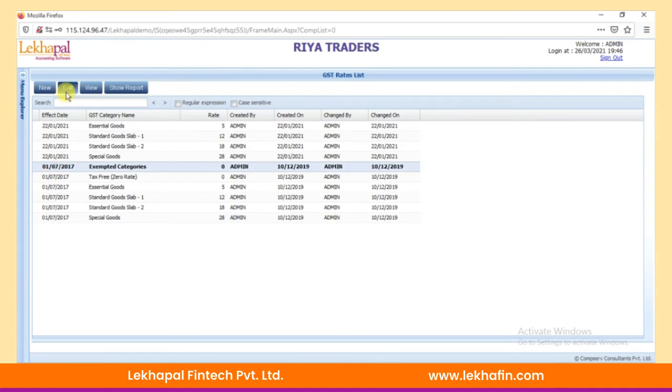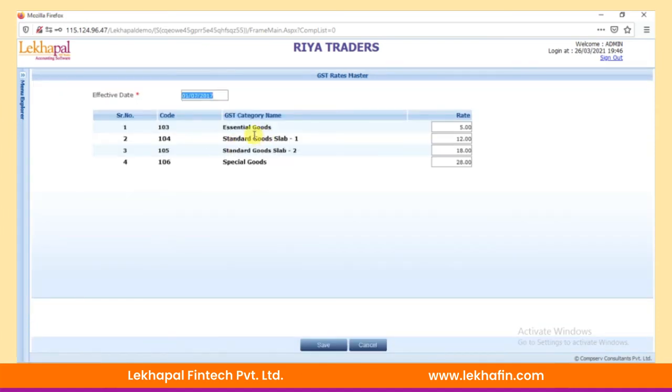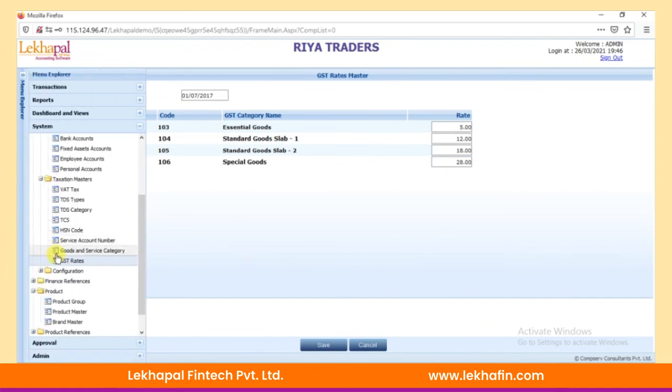These are the predefined items: GST essential goods, which are at 5%, standard goods slab 1 at 12%, standard goods slab 2 at 18%, and special goods at 28%. Friends, entire linkage of this particular software is on the HSN code.